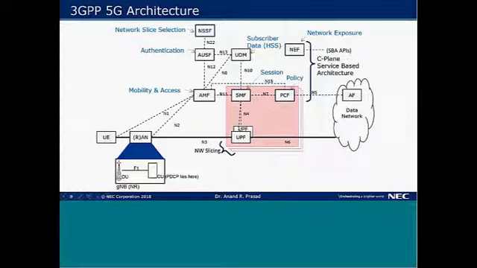The radio part is divided into two parts, the DU and the CU, the centralized unit and distributed unit. And then you have a new interface there called F1. Inside the CU, you can have further distribution in the user plane part or control plane part, and then you can have a new interface called E1. Not everything is shown in this figure for simplicity. And then you can have different network slices. The data network connects to the user plane, and then it connects here with its application function, which can do some setting on the policy part over here in the mobile network. That's a big change though, yeah? You can change the policy depending on the data network needs.